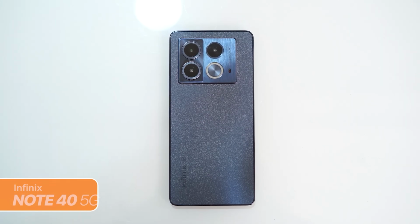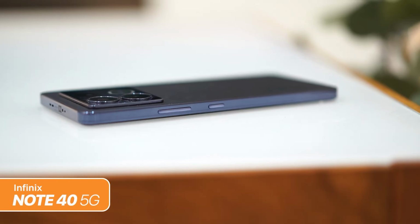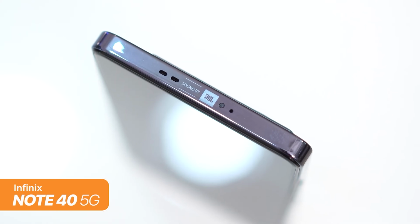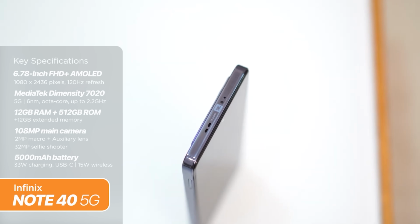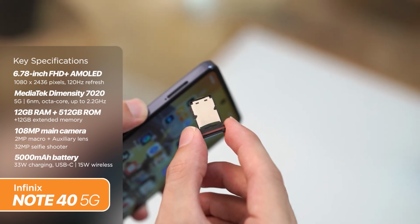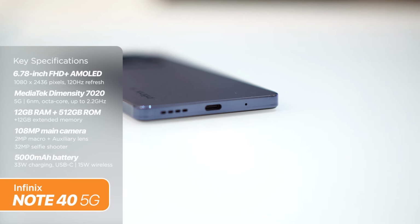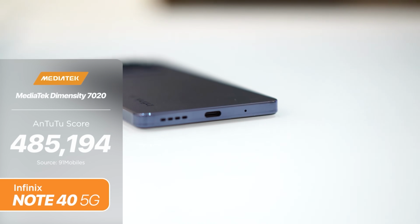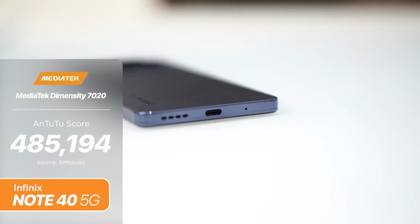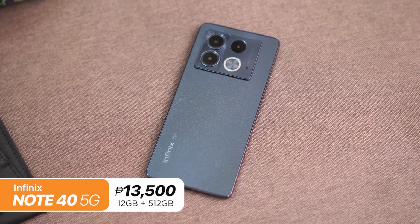There's also the vanilla Infinix Note 40 5G, carrying a bigger storage capacity at a lower price tag. This model has mostly similar specs with the Pro Plus, but expected to be toned down in some areas. That includes the charging. It opts for a slower 33-watt wired charging and 15 watts of wireless charging, although its battery gets a 5000 mAh capacity. The display and cameras are pretty similar too. As for its Antutu score, it was able to achieve over 480,000 points. The Infinix Note 40 5G currently comes at around 13,500 pesos for the sole configuration of 12GB of RAM and